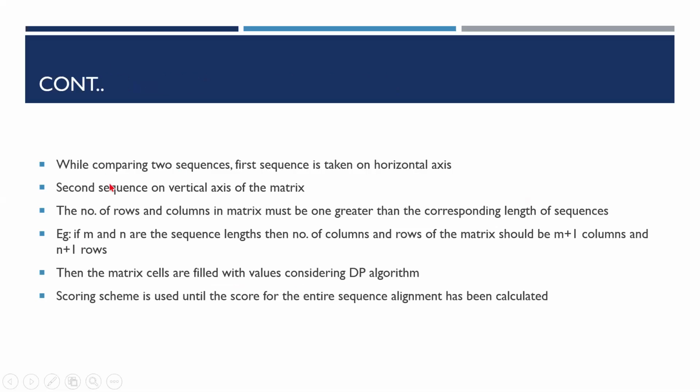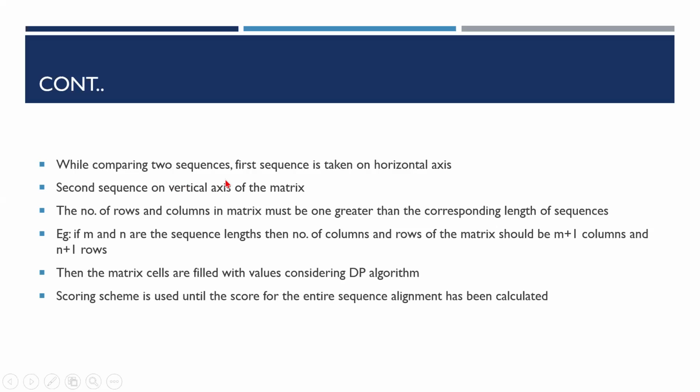So how do you do this process? How do you fill the matrix with the alignment scores, taking this dynamic programming method into consideration? That now let's discuss. And at the end, we will also take one example and see how to fill the matrix of alignment scores. And finally, how can we get the alignment between two sequences? And this is a very important question, dynamic programming method. And this is the algorithm we used for the global alignment of sequences. Several times it is asked in the exams. So please try to be attentive and follow the class.